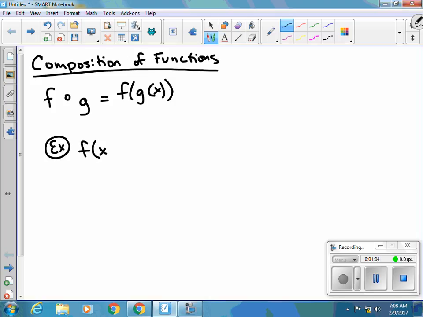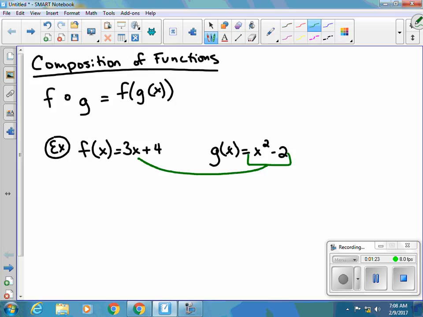So let's say that f of x equals 3x plus 4 and g of x equals x squared minus 2. So if I were to find the composition based on what I have above, that g of x function goes into the f of x function. Because the f of x is on the outside, that's what we know as the outside function. So it's now going to be 3 parentheses, whatever g of x is, in this case x squared minus 2,